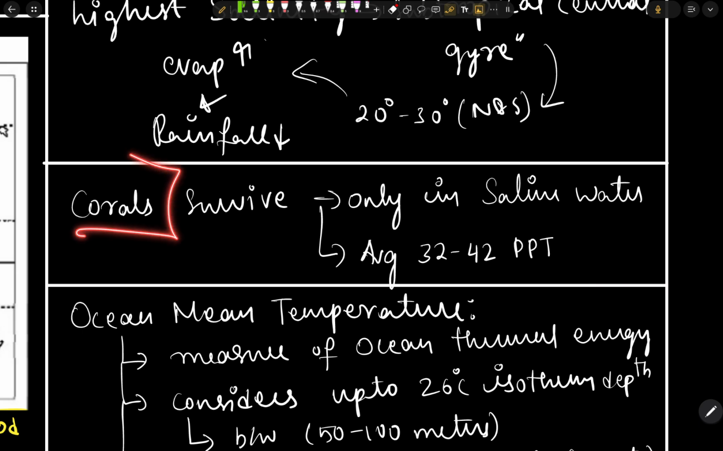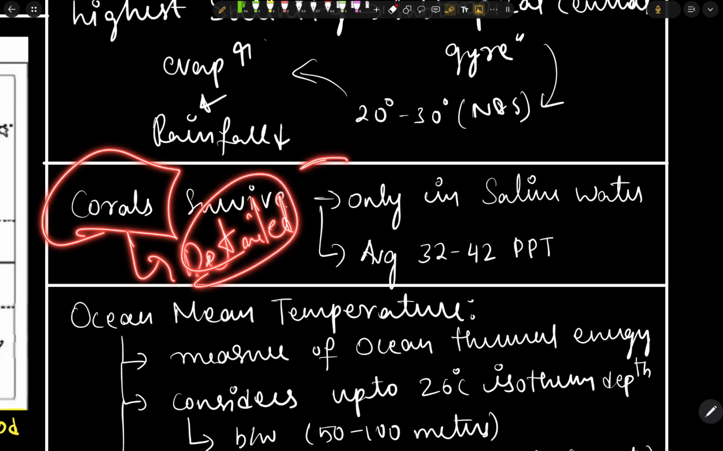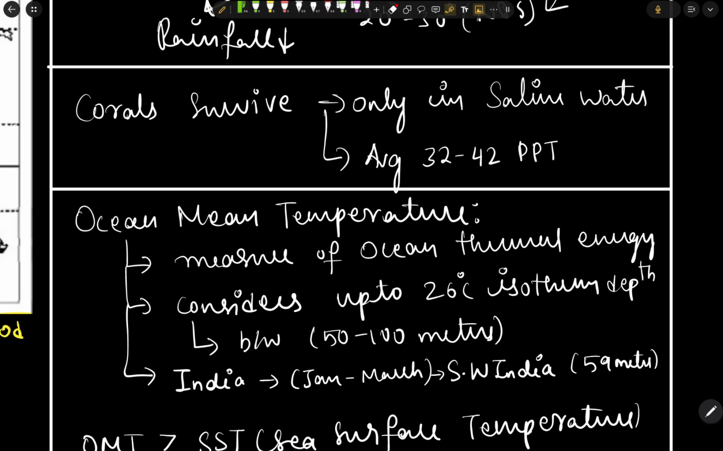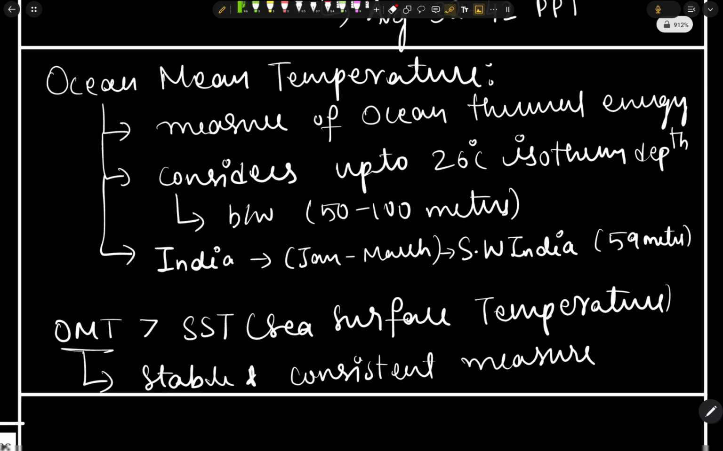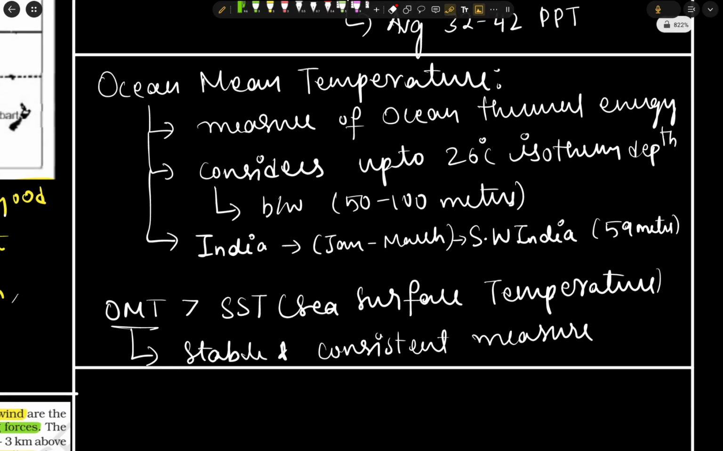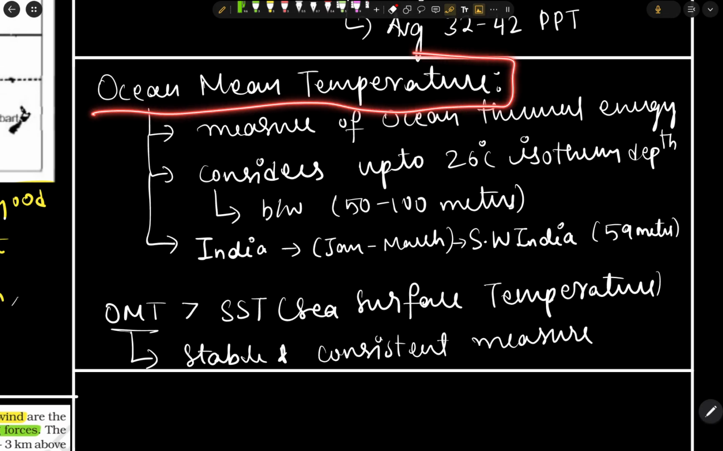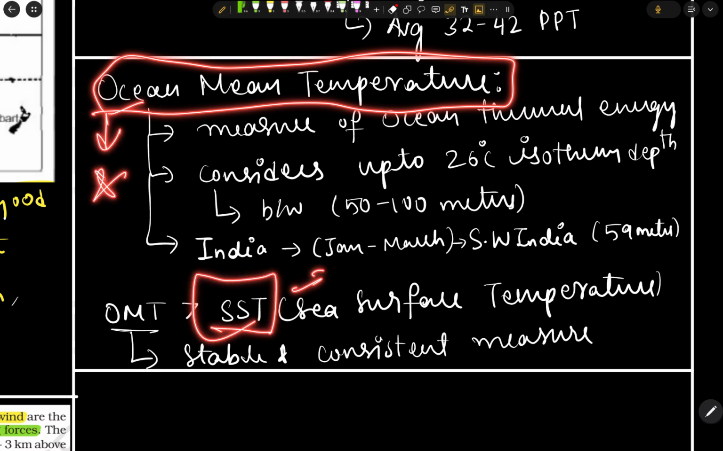In some other video we'll discuss in detail about corals, what coral reefs mean, and what coral bleaching is. And also we have the oceanic mean temperature and sea surface temperature. So basically the oceanic mean temperature is the correct